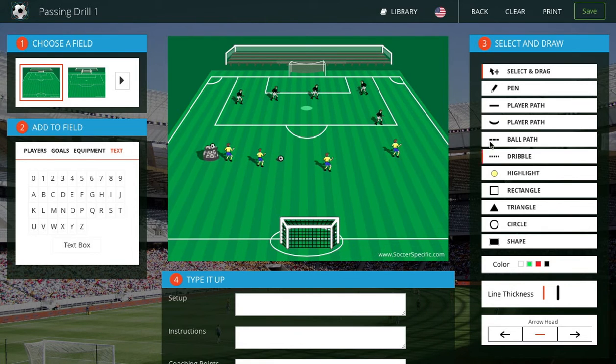And then you have player paths, different paths you can draw. So we have a player path, which is just a straight line, a curved player path, which will let you show where these different players are going to go, and then a ball path, which is a dotted line, and a dribble line, which is a smaller dotted line. You can highlight players with our highlight tool. You can draw a rectangle. You can draw a triangle, which is a shaded triangle, a circle,